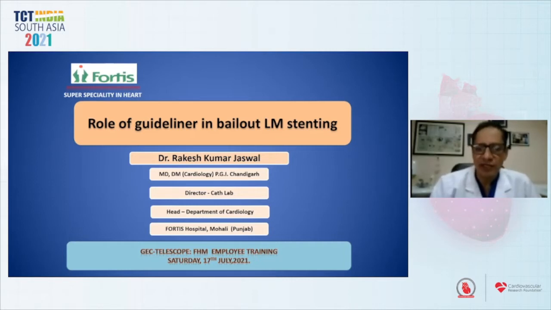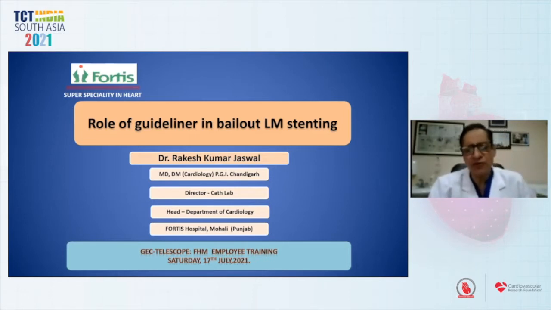Another important thing is that with passage of time, over the last 25 years, the kind of interventions that we are doing are becoming more and more complex. We are hardly doing type A lesions now. It's most of the time type B lesions, CTOs, or sometimes a bifurcation, left main. Sometimes you have to do OCT, where the OCT catheter is difficult to negotiate, so you have to take the help of a guide extension catheter,